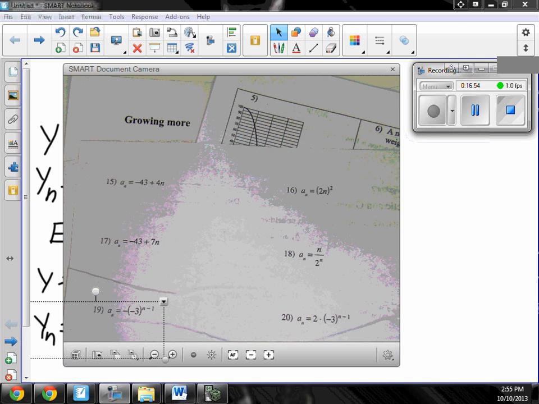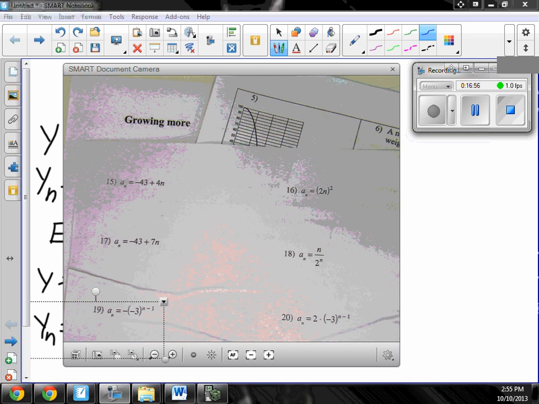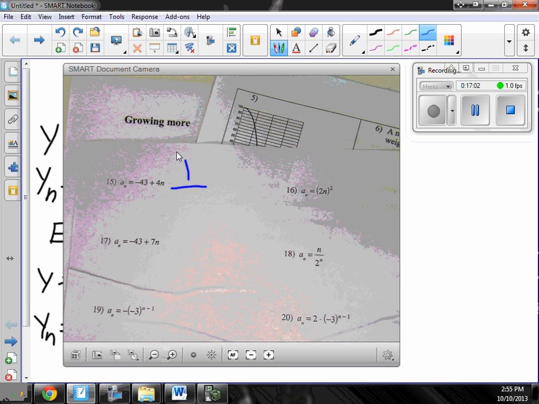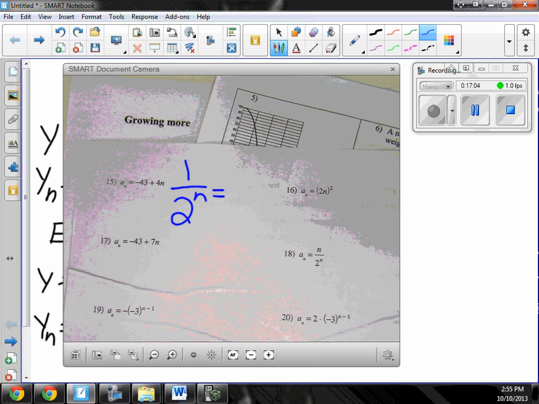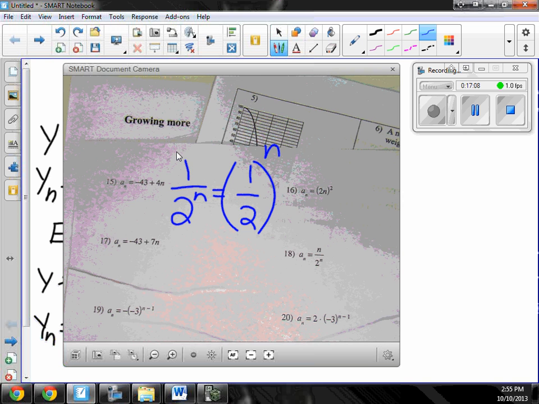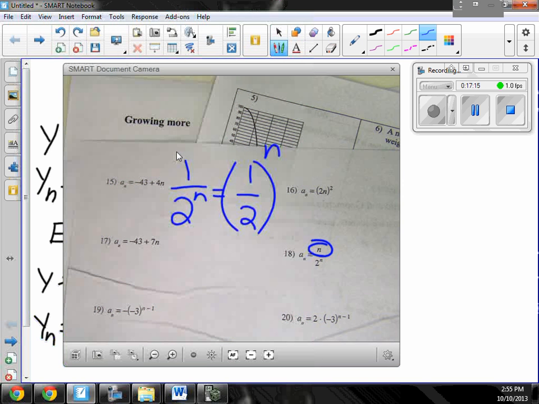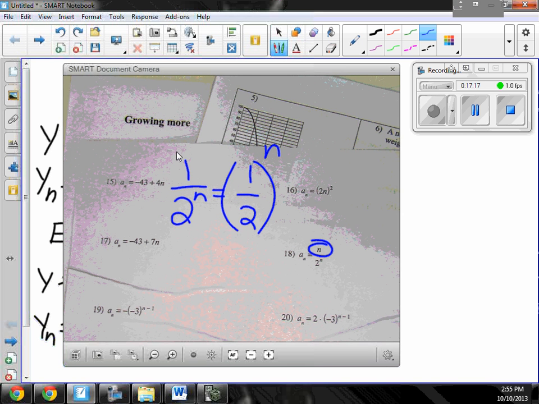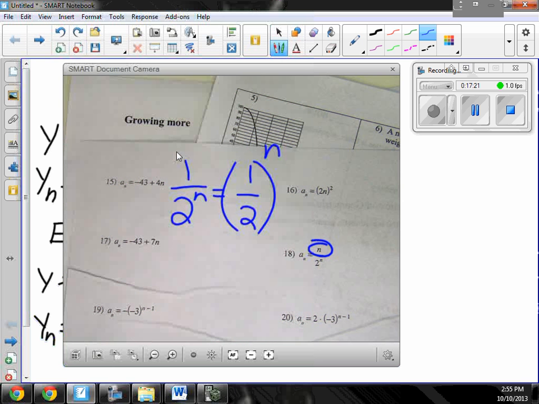Well, if I had, hold on, listen up. If I had 1 over 2 to the n, that would be geometric. But the fact that there's another n in there ruins it. So it's partially geometric, but that second n messes it up. Okay, 19,